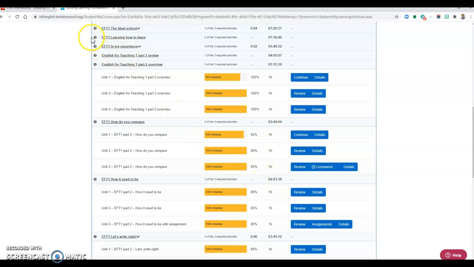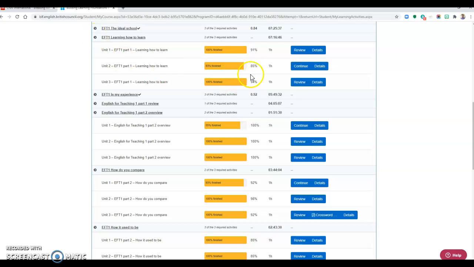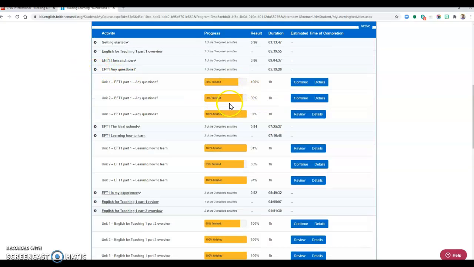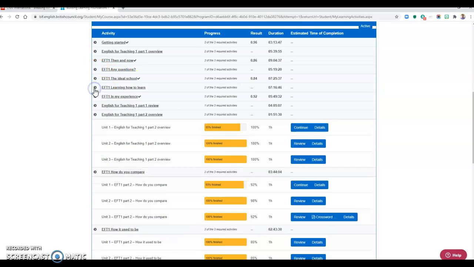Okay, but maybe, for example, here you have some problems here from module 1, part 1, 2. Okay, so I just really need for you to make sure that you go back and make sure that all of the units, for example, any questions, same here. Look, there's 2 units here. Okay, I need for you to make sure that all of the units have 100% finished and a grade above 70. Okay, thank you.